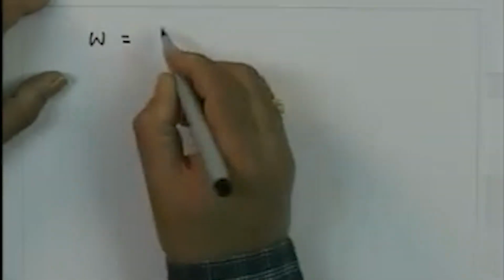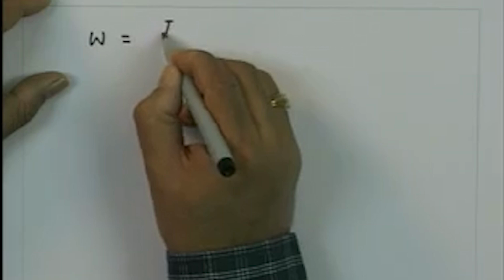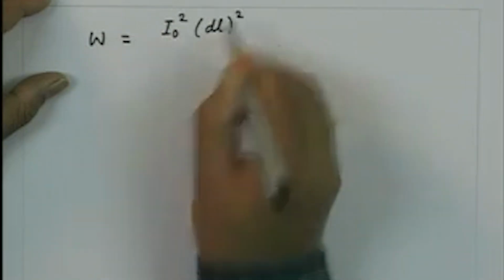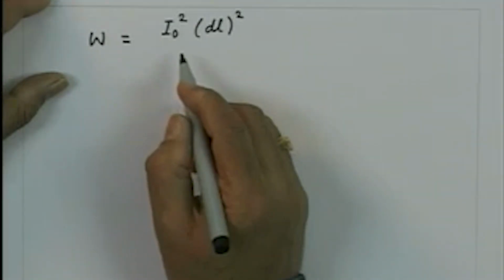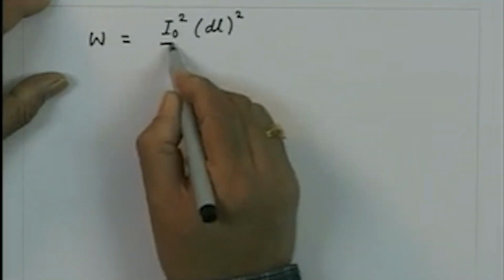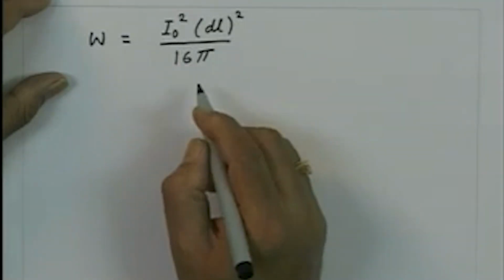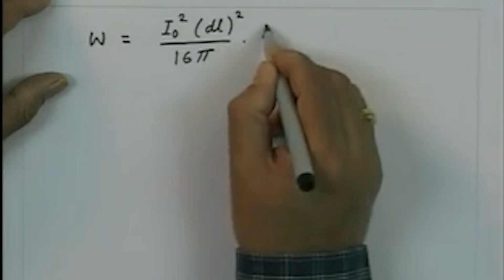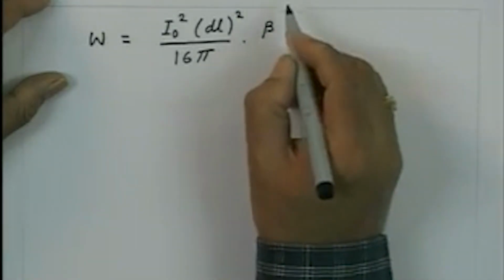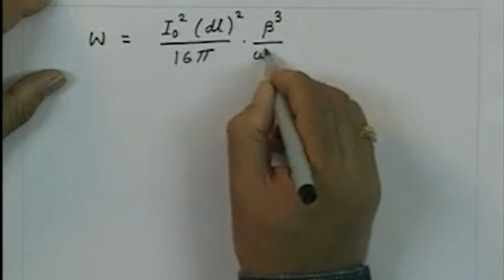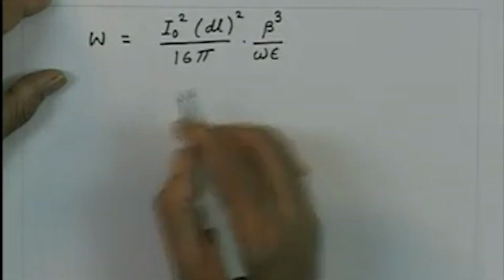So, that gives me I0 square dl square upon 16 pi beta cube upon omega epsilon